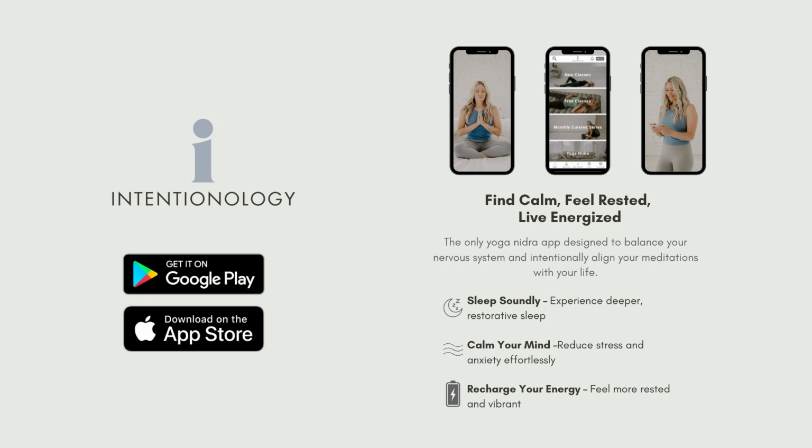Allow your attention to move to your breath. Become fully aware of your natural breath moving in and out. Inhales and exhales. All of your awareness present to the rhythm of your breath. If it would feel good to you as you watch your breath in your own unique way,